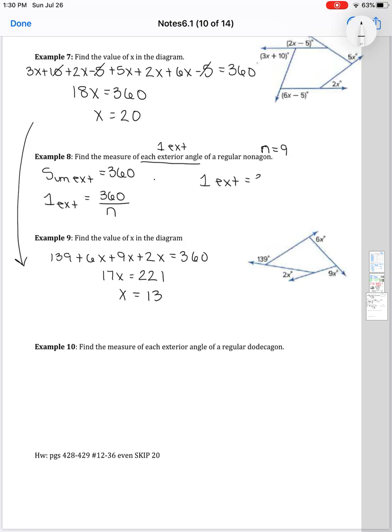Okay. Now 8 and 10 also relate to each other. So number 8 says find the measure of each exterior angle. So we are finding one exterior angle. So if we think to ourselves, if the sum of the exterior equals 360, how can I get one exterior angle? Well, I'm going to take the sum and I'm going to divide it by the number of sides. So a nonagon has 9 sides. So one exterior angle here would then be 360 divided by 9, which would get me